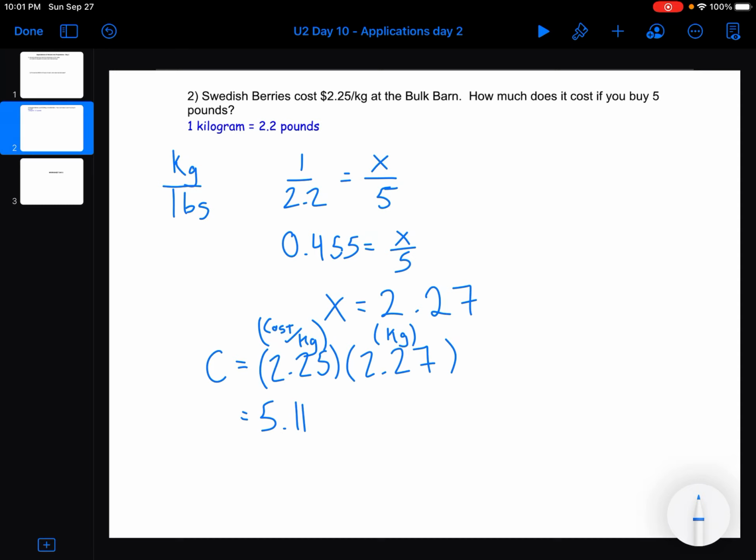5.11. Okay, if I didn't keep all my numbers in the calculator and I did 0.455 times 5 and got 2.275, and then I rounded that to 2.28 and times it by 2.25, the only difference is 2 cents. But it's only 2 cents because we're dealing with such small numbers. If you were dealing with millions, then it's $30,000. Okay, it adds up really quickly. So we need to keep as many decimals as we can when we're working through questions like this. So I'd say therefore $5.11 for